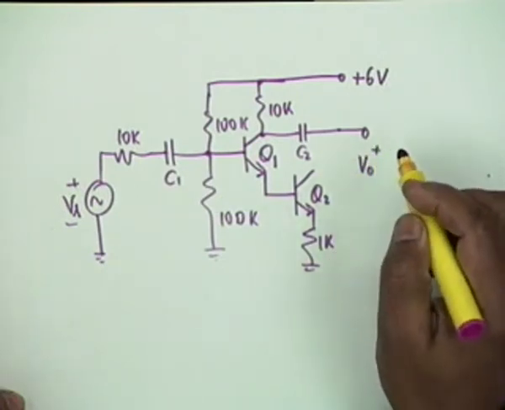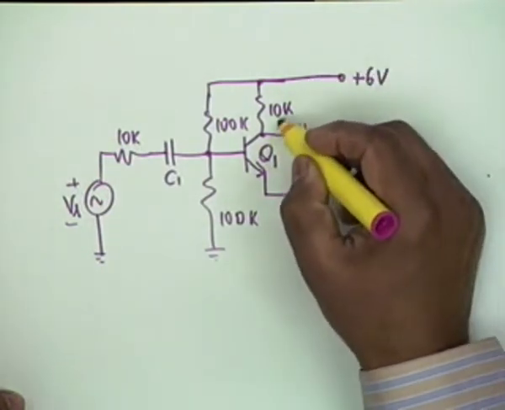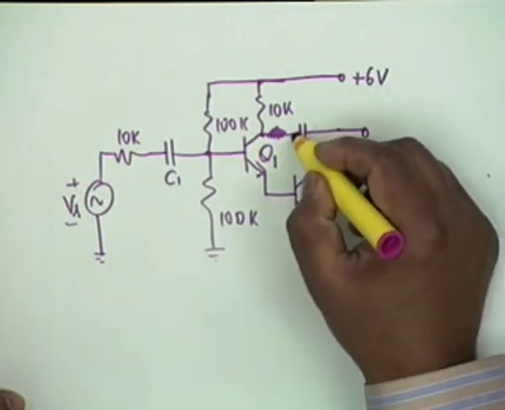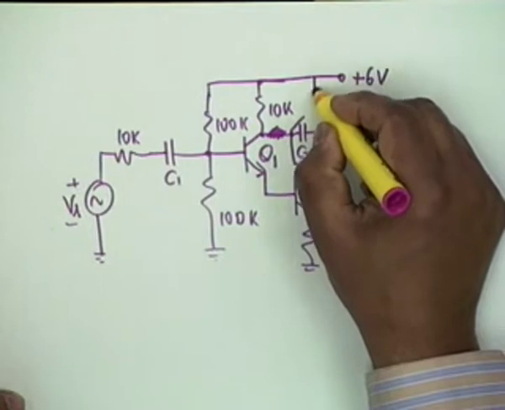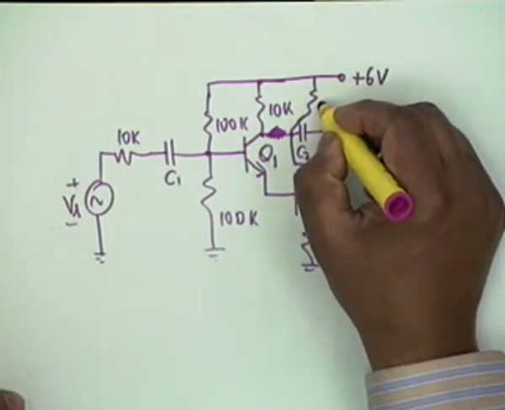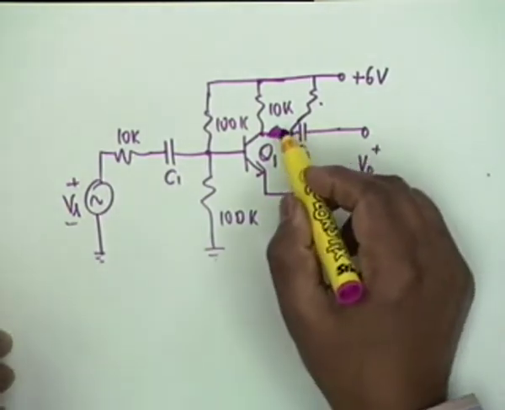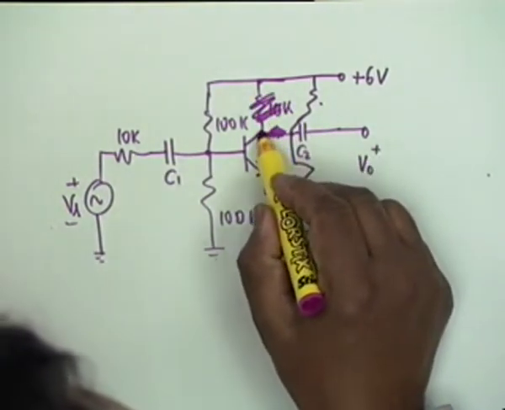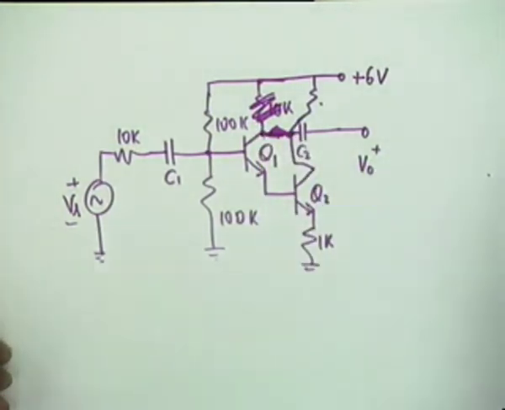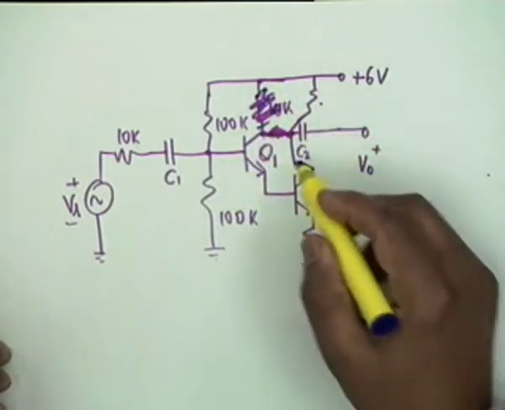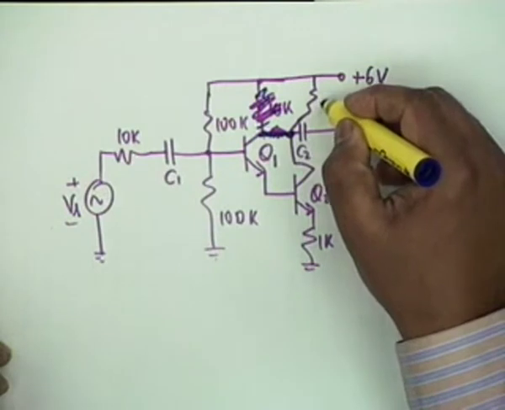Oh no, I made a mistake. Oh, this is also, I'm sorry. No, there is a capacitor. There is a 10K here. Oh, this is not there. Made a mess. Anyway, this connection is not there. This is connected. Q1 and Q2 collectors are connected. There is a capacitor, and this is 10K.